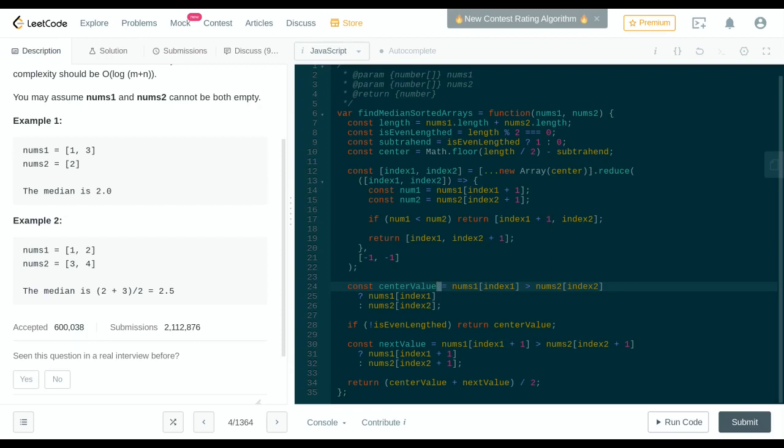Okay, two separate problems here. One is that we need to handle index 1 or index 2 being the -1 here. The other is that we did not do this reduce enough times. So for this example, our reduce should have run twice because we want to end on the second index, aka index 1. The center here is the center index, which means we need to run an additional time just once